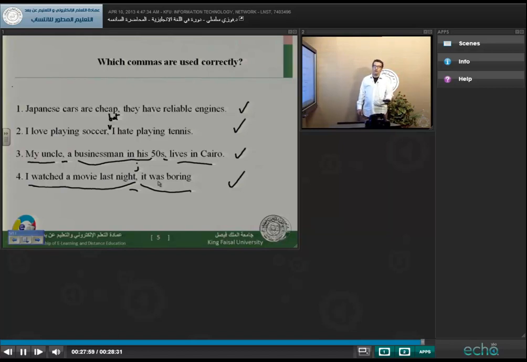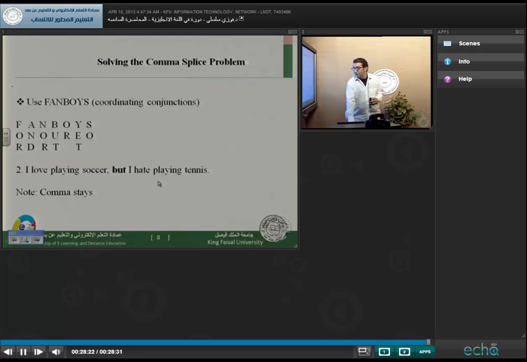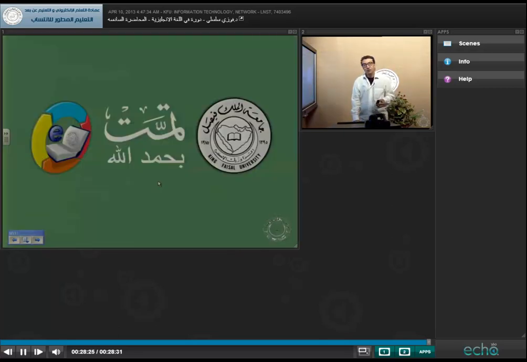I hope they are useful. I hope you can use these methods and get rid once and for all of the comma splices that you use in your writing, and present sentences that are meaningful and connected together in an appropriate way that helps you express yourself. This brings us to the end of this class, and I thank you very much for your attention,